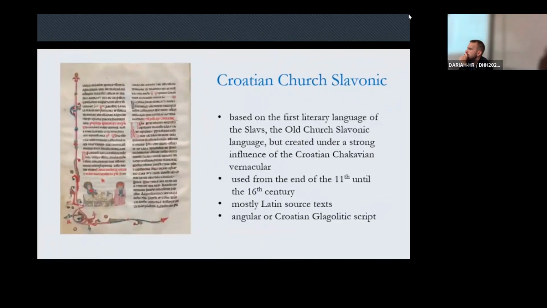Next, I will say something about the language our dictionary represents. Croatian Church Slavonic, or traditionally the Croatian redaction of Church Slavonic, is a language based on the first literary language of the Slavs, Old Church Slavonic, but created under a strong influence of the Croatian Čakavian vernacular. It was used from the end of the 11th until the 16th century. Most of the texts were translated from Latin source texts, and the texts were written in Angular or Croatian glagolitic